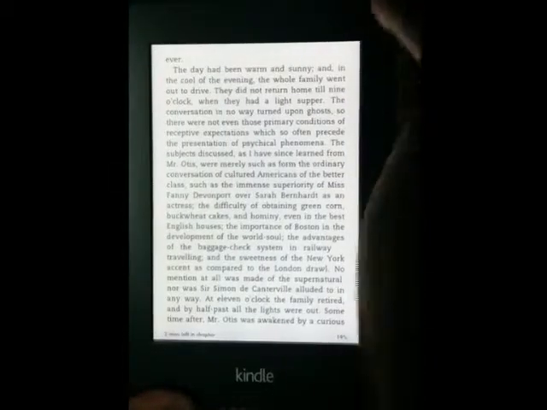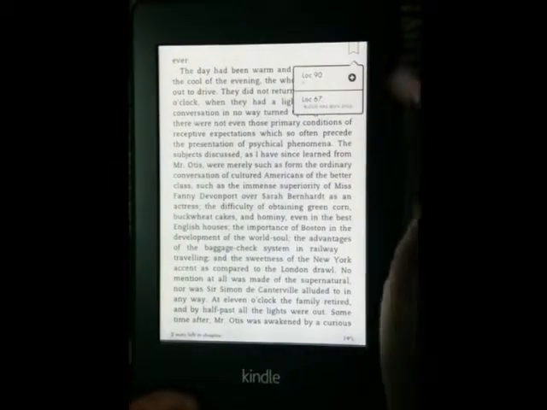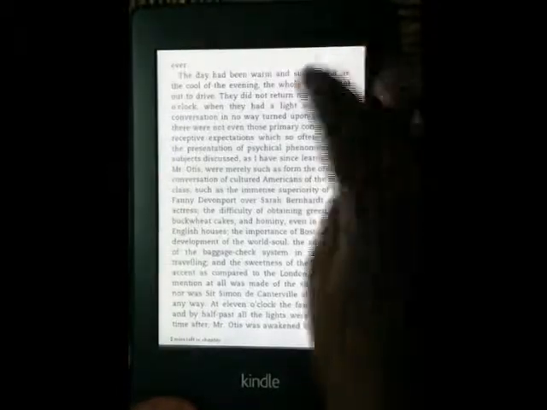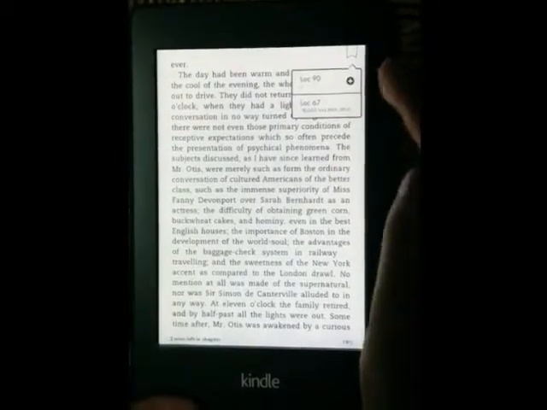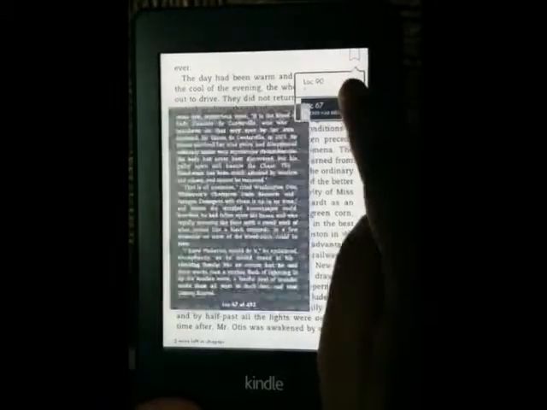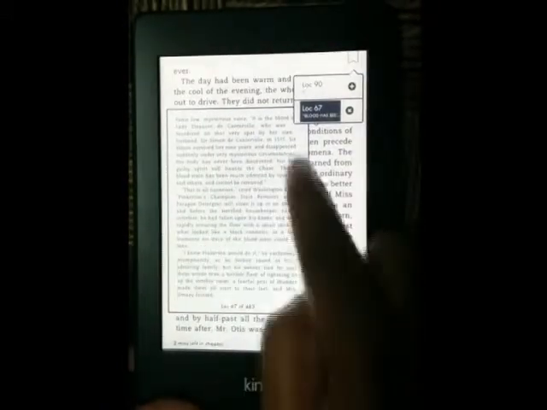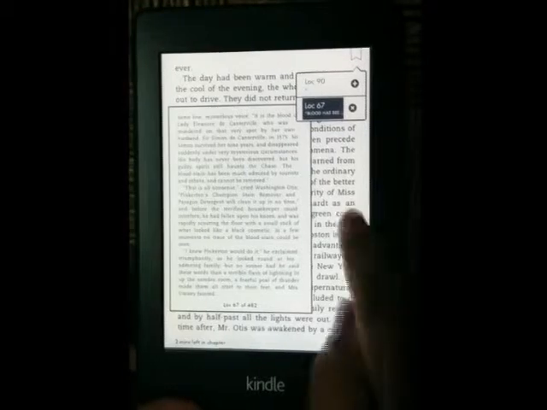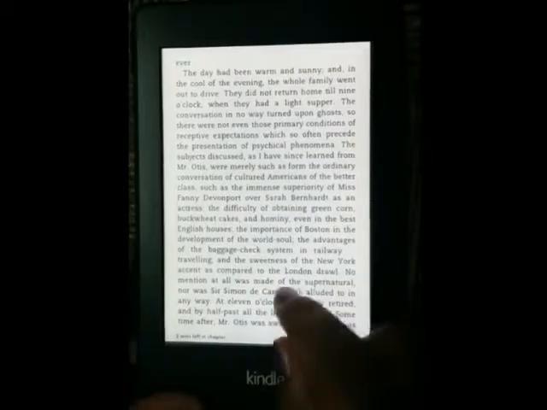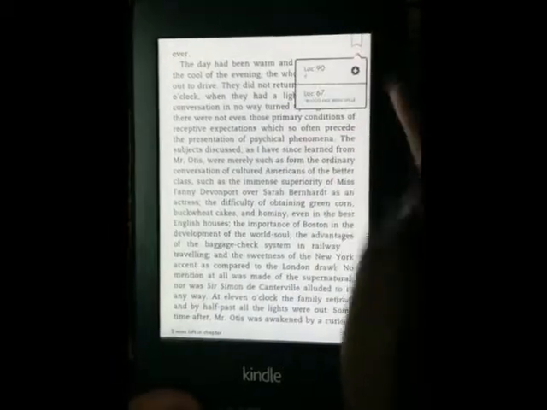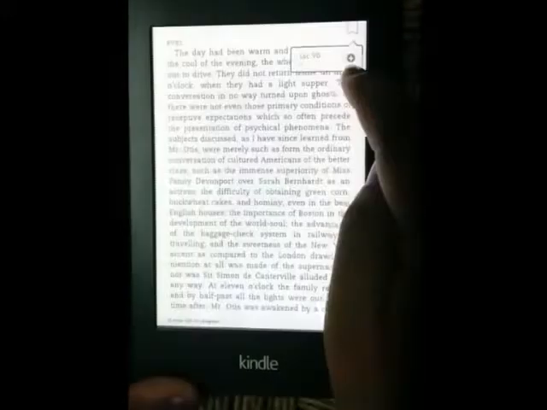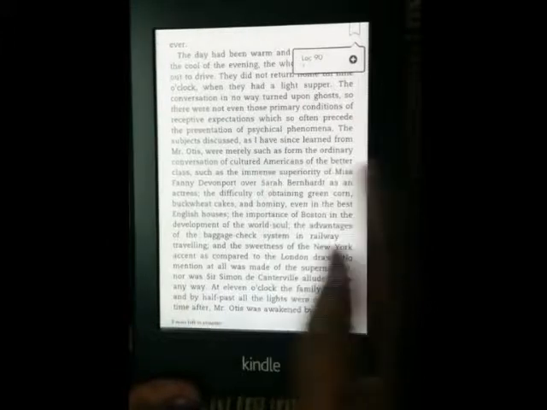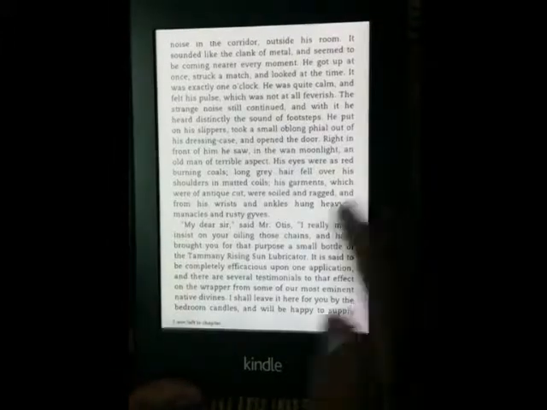You can go on reading, and if you want to see the bookmarks, you can press here and go to the bookmarks. You'll see all the bookmarks. If you click on the bookmark, you'll see a small page of what you have bookmarked. Click anywhere else to move out. Now if you want to remove a bookmark, you simply press on it and click on the close button. Your bookmark has been removed.